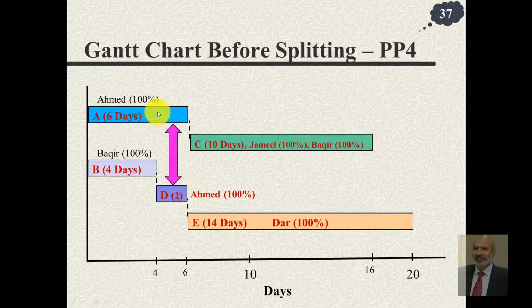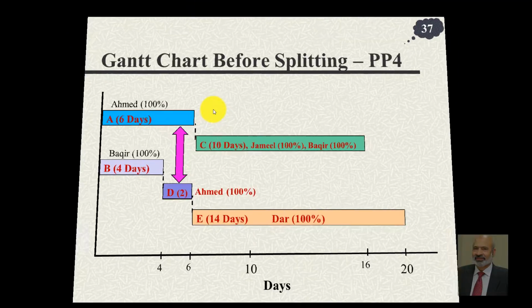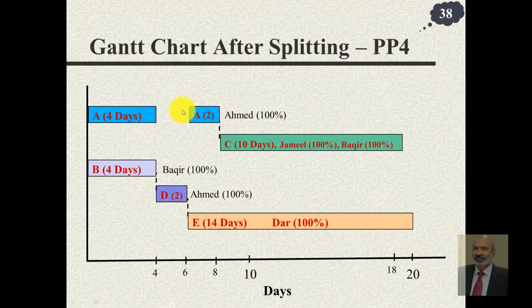requirement of Ahmed on A and D, if we can split A here and shift the remaining part by 2 days. Remember, for 2 days there is no work on activity A. Ahmed goes and works on activity D. After that he comes back. Now this portion is shifted by 2 days, but it is still inside the project completion time of 20. So the project completion time does not get affected,